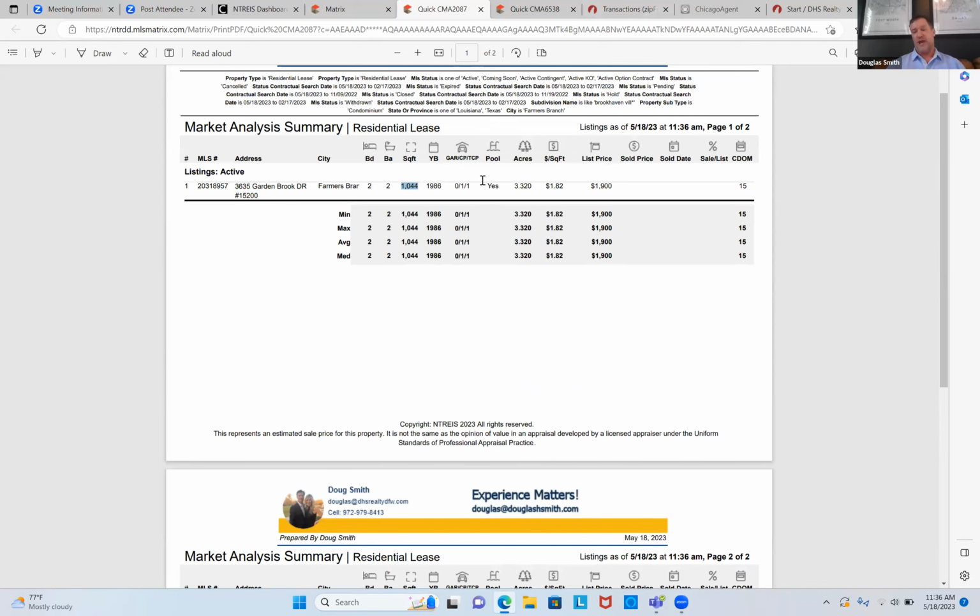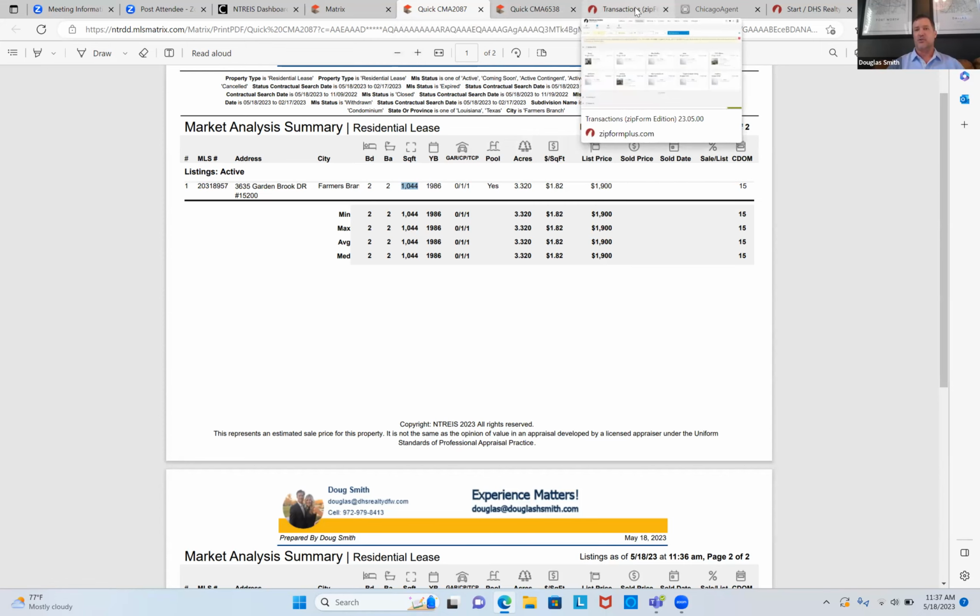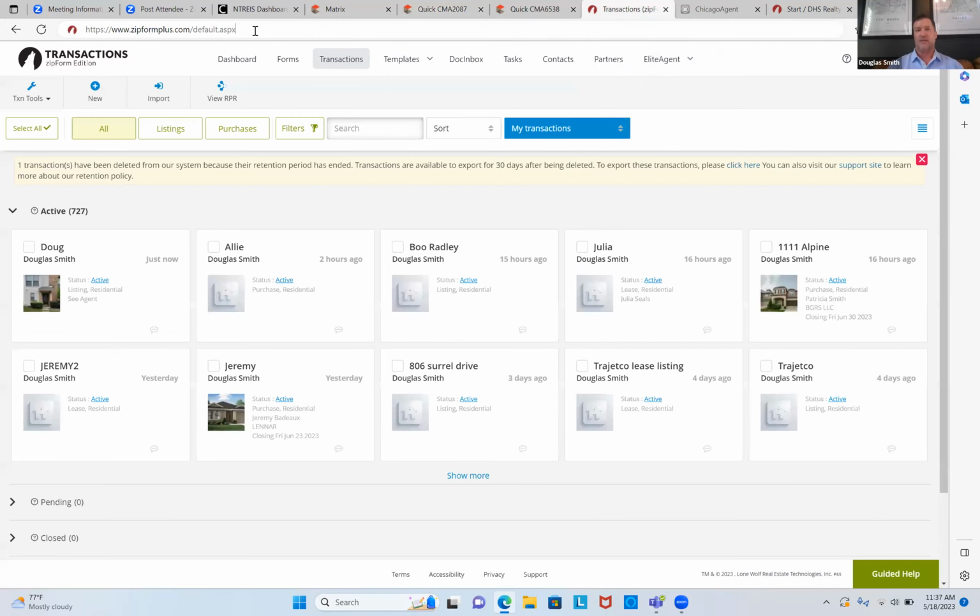So to recap, you're going to have the agent full report if there is one, the tax roll, a CMA of solds, and a CMA of leases. Okay, because the seller wanted you to tell him what the home was worth, as well as what he could lease it for. Now you're out of the MLS and you're going to go into transactions,